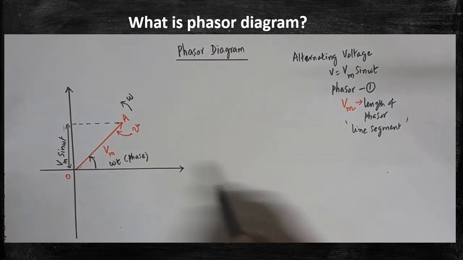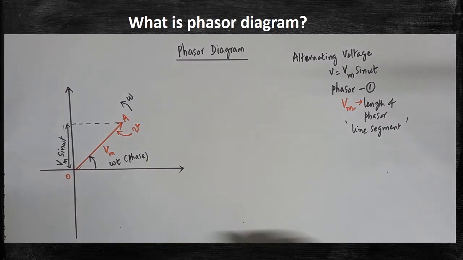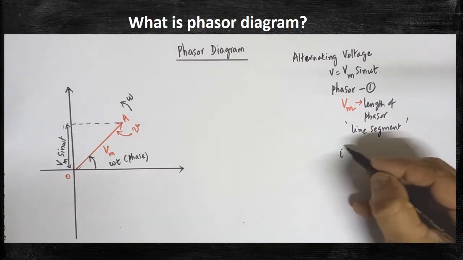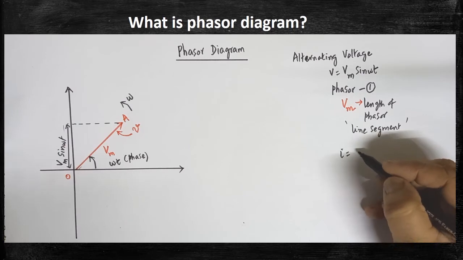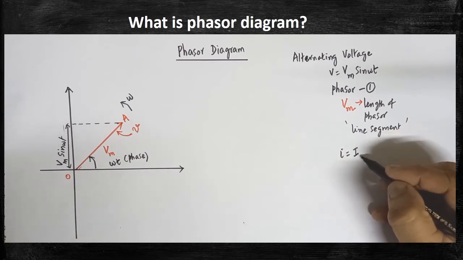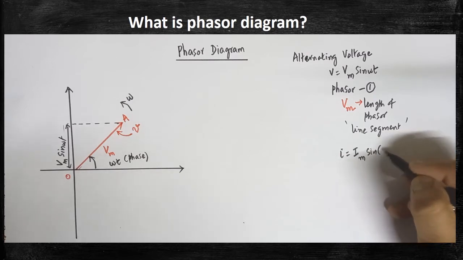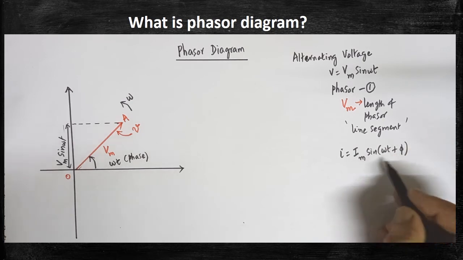Are you clear? In the phasor diagram, we can draw one more phasor also. Now, I am going to draw the phasor for instantaneous current. That is, alternating current is there, no? That alternating current is otherwise called instantaneous current. Here, I am going to write the equation for instantaneous current. That equation can be written as I is equal to Im sin, in bracket I am going to write omega t plus pi.